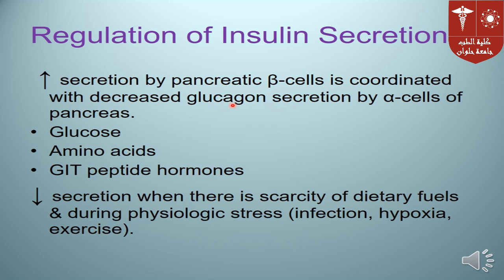دول two opposing hormones، ما ينفعش insulin وجلوكاجون يبقوا released at the same time. فwhenever insulin is secreted، العلامة دي معناها increased secretion، الجلوكاجون secretion is inhibited. يبقى ايه اللي بيعمل secretion للإنسولين؟ جلوكوز، amino acids، يعني الأكل، يعني وجود الأكل هو اللي بيعمل، دول نواتج الهضم،